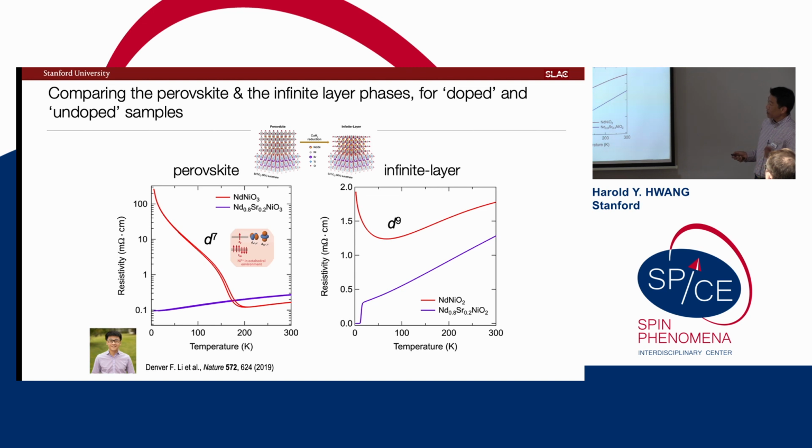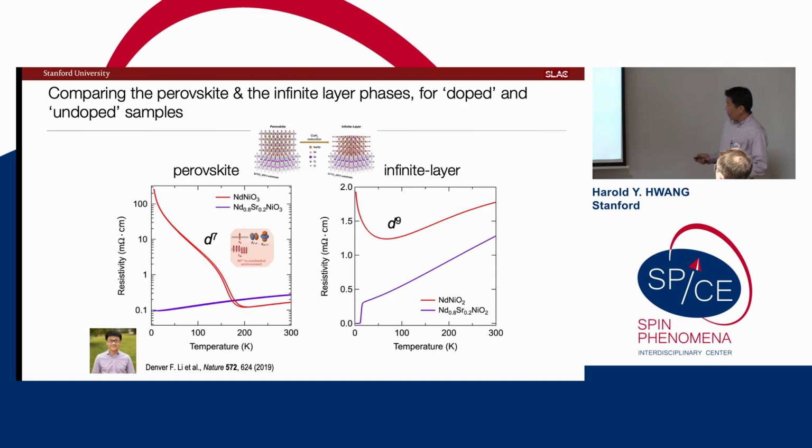So this guy is nominally starting from d7 electrons. Here's a cartoon of that kind of orbital structure. And now if we pull out from O3 to O2, this deintercalation reaction, you nominally go to now a d9 configuration. And what do we find? We find that this neodymium nickelate, now O2, is kind of neither a good metal or an insulator. It has this rough logarithmic upturn at low temperatures. But indeed, if we look at the doped compound, we see a nice superconducting transition, typically on the scale of 10 to 15 Kelvin or so. Okay.